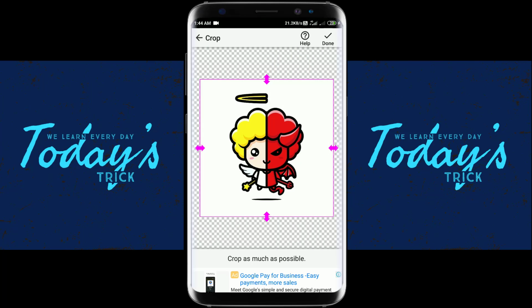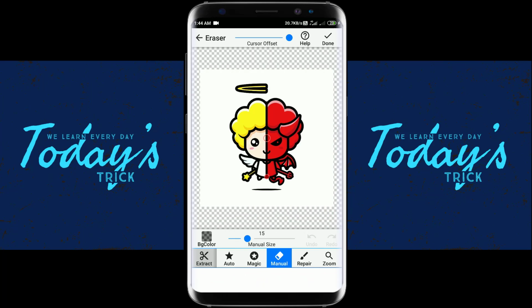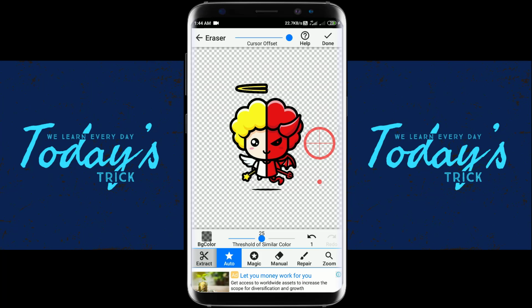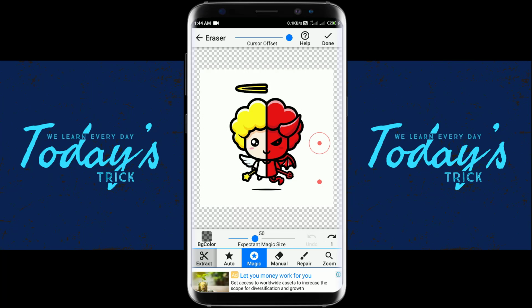Let me show you. When you select the image, done, you can see I'll maximize it, create auto, select the white part, done. You can see everything around is just removed. And I want to show you other features in this app. Okay, let me show you magic. You should not let the red dot in the middle hit the surface of the image. If it hits, look, that part will be destroyed. So better not to use magic. Magic is only for some hard curves where you can't reach, like inside this wing.